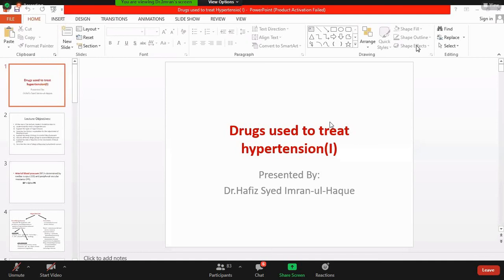Okay, sir, can you please explain how non-selective alpha blockers work in diabetes? So what do you want? Okay, again, if we are using a non-selective blocker, that means it blocks not only alpha-1 but also alpha-2. Normally, alpha-2 receptor stimulation inhibits the release of insulin, right? When we block these receptors, there is increased release of insulin. So increased insulin